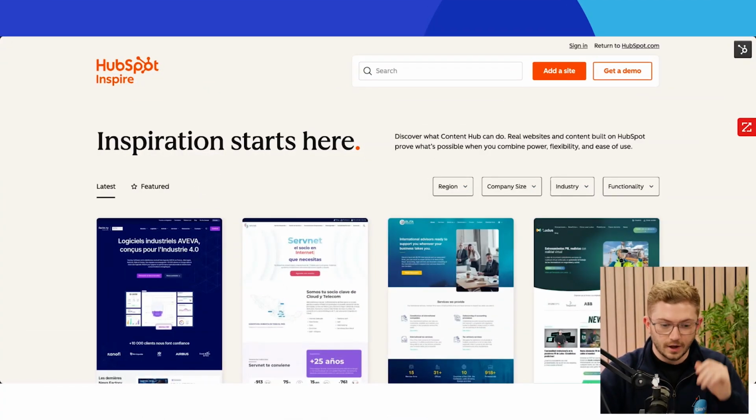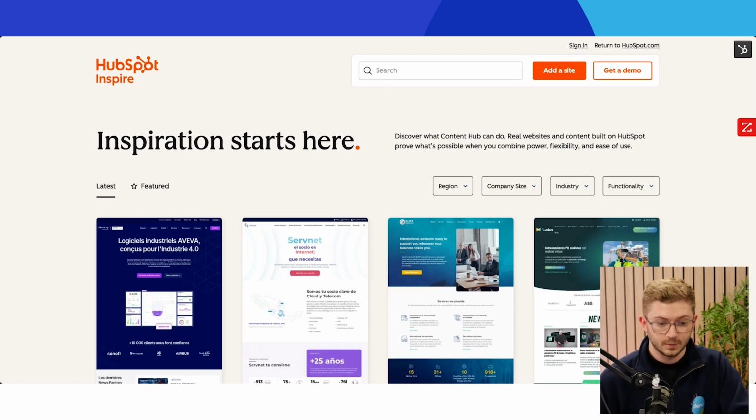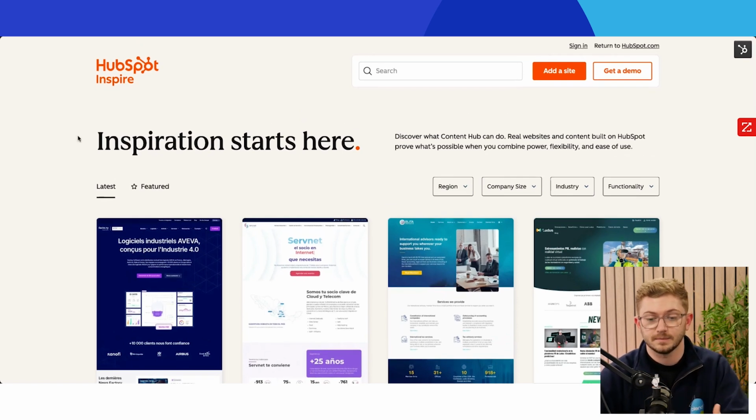Now let's actually dive into the HubSpot Inspire Gallery and show you how that uses HubSpot membership areas and how we built it for HubSpot to do so in a lot of powerful ways. So HubSpot Inspire Gallery, just for context, is a showcase of great websites built on HubSpot Content Hub. It's like HubSpot's premier way of showing what's actually possible from a creative and technical standpoint to build websites inside of HubSpot. And we worked with them to rebuild this from a front end and also a back end perspective,